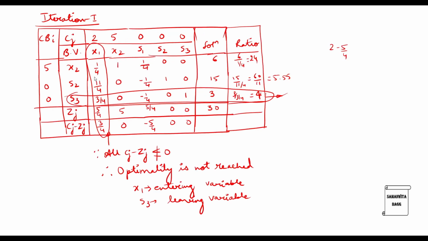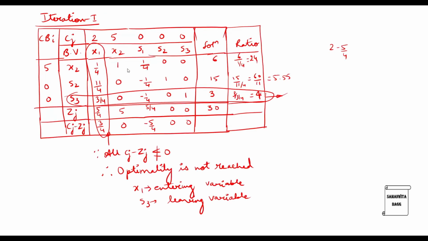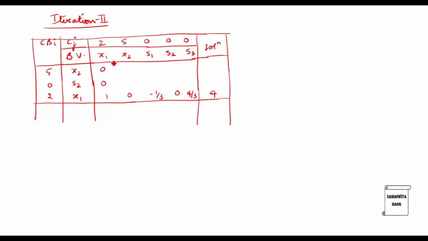Next, I will tell you directly these two are 0. So I am just reducing the time, 0 and 0. For calculating these positions, I'll show you one of them. This is 1. So 1 minus, okay, this is very easy because 0 into 1 by 4. So I don't have to think further. It is just 1.